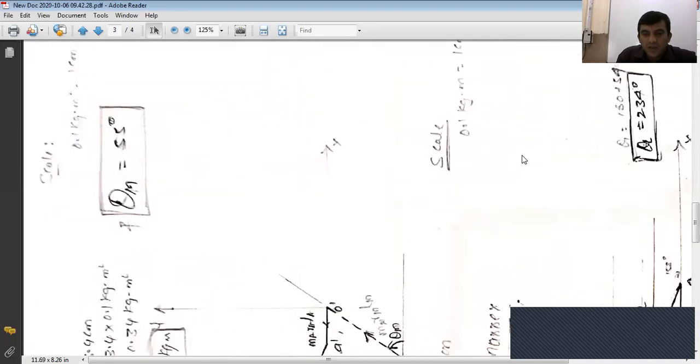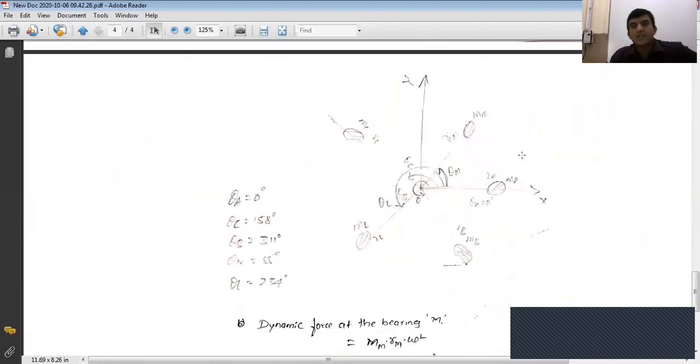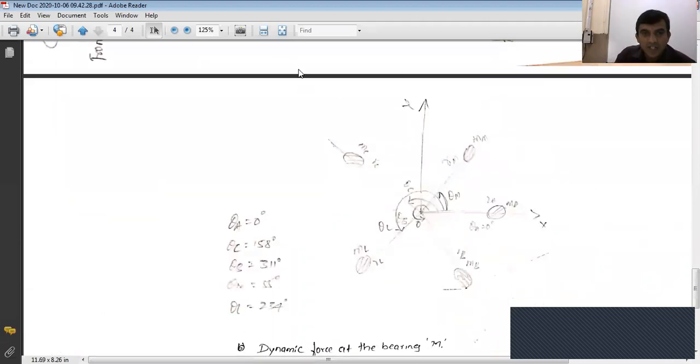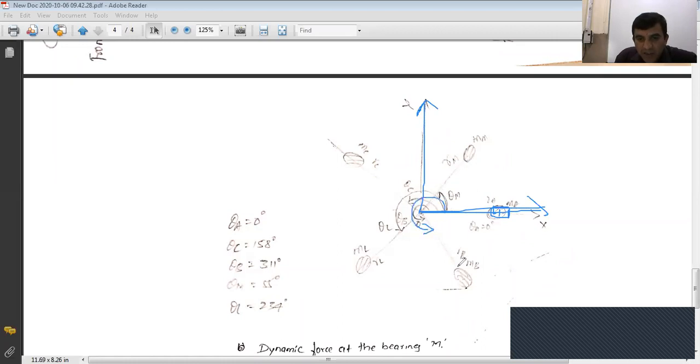Now, if you write the angular position of the masses, see that, with respect to the x-axis and y-axis line, M A is located at theta A, 0 degree. Where is M B? M B is with respect to the horizontal line, how much theta B? Theta B is 311 degree. Now M B will come here, right? Where is M C? Theta C is how much? 158 degree, right? Are you following or not?